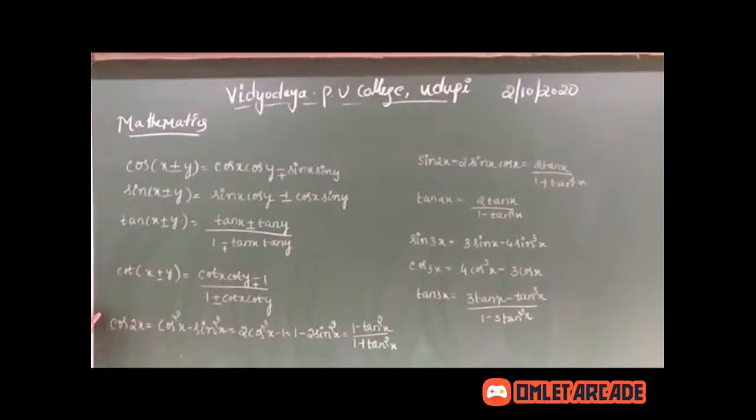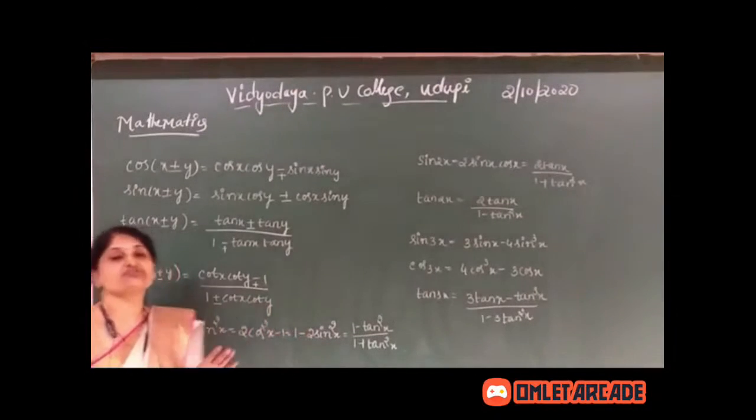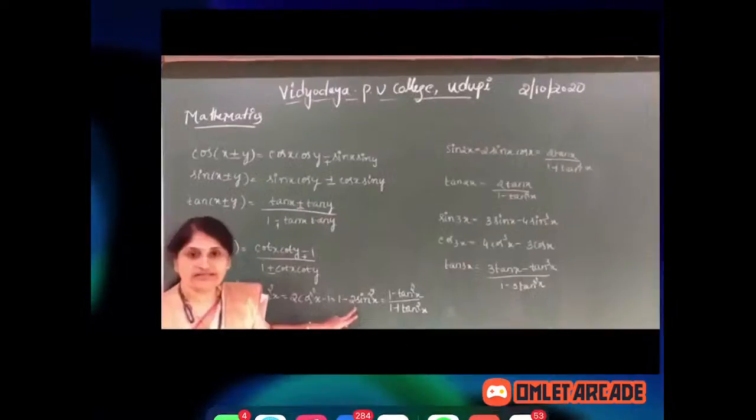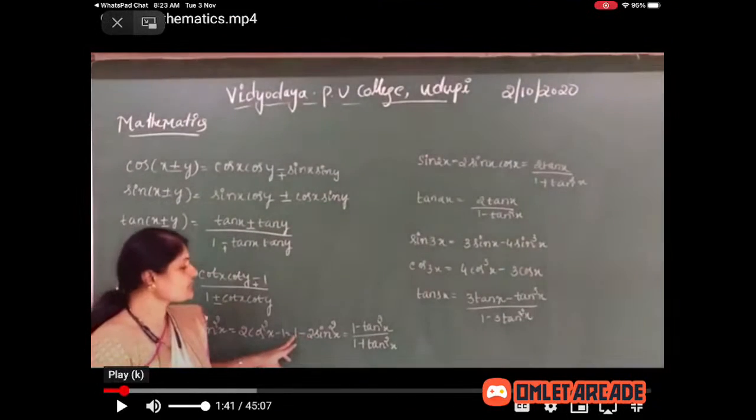Now the important one is cos 2x. Cos 2x can be written in different forms. In terms of cos and sin, we write it as cos square x minus sin square x. In terms of cos, it is 2 cos square x minus 1. Similarly, in terms of sin, it is